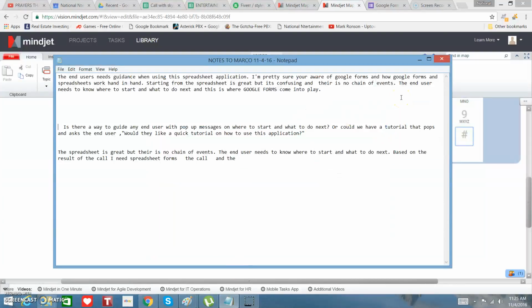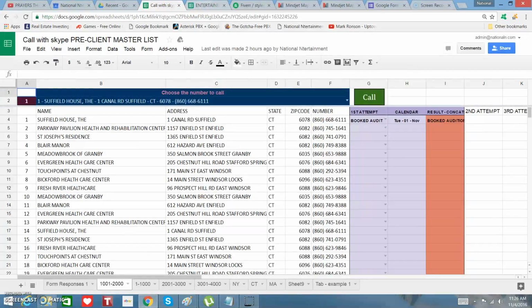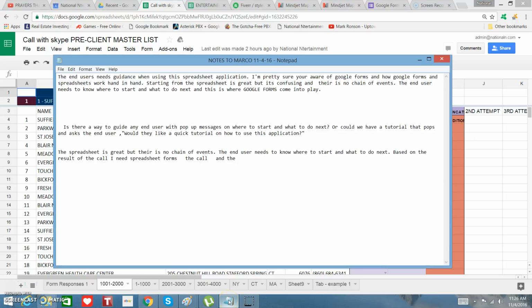Okay, now the end user needs guidance when using the spreadsheet application. Now when they open it up, it's just confusing, you know. And I'm not saying that it's bad. Don't get me wrong. He's done a good job so far. But one thing I need is